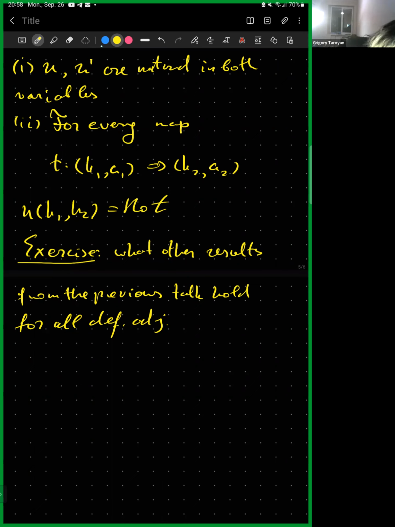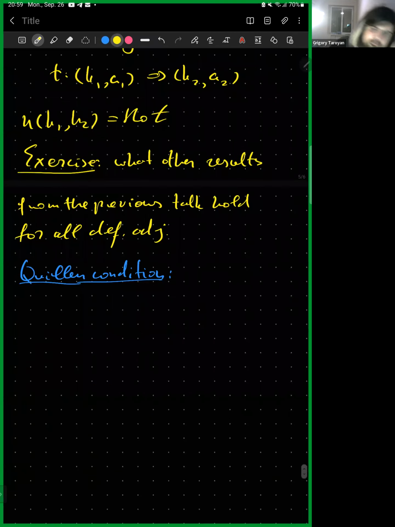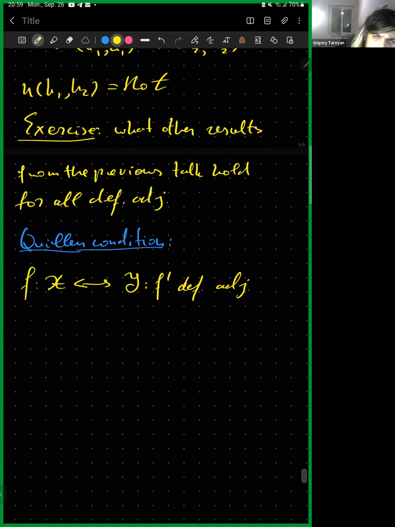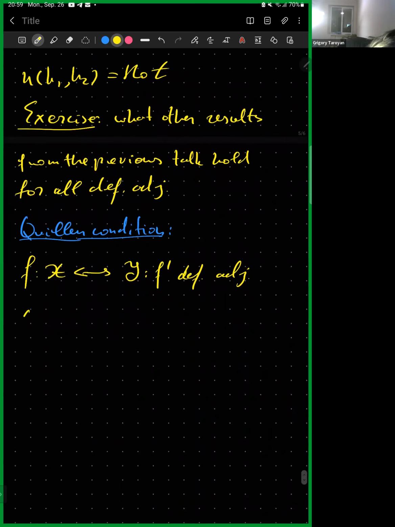So assume that we have a deformable adjunction. Then the pair F, F prime is said to satisfy the equivalence condition